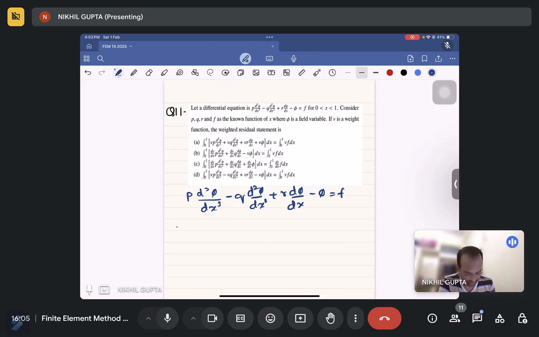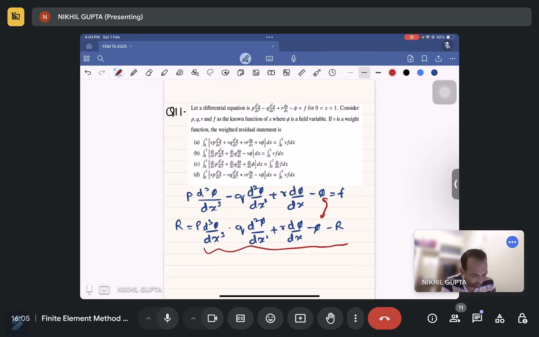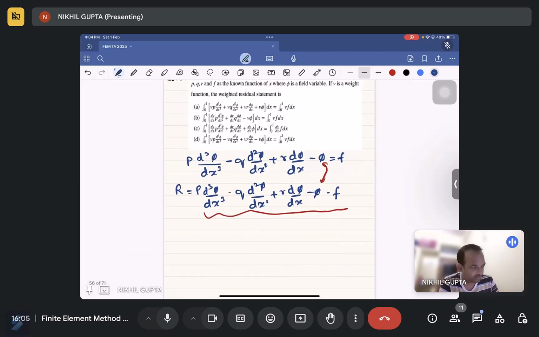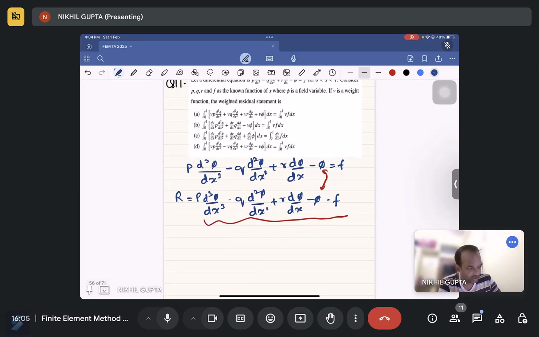Okay, so what the residual is: the whole p d3 phi by dx cube minus q d2 phi by dx square plus r d phi by dx minus phi minus f is equal to R. Why is this R? You are putting a solution which is not correct, so it will lead to a value which is not equal to 0. You will call that value the residue. So for the weighted residual method, you have to multiply